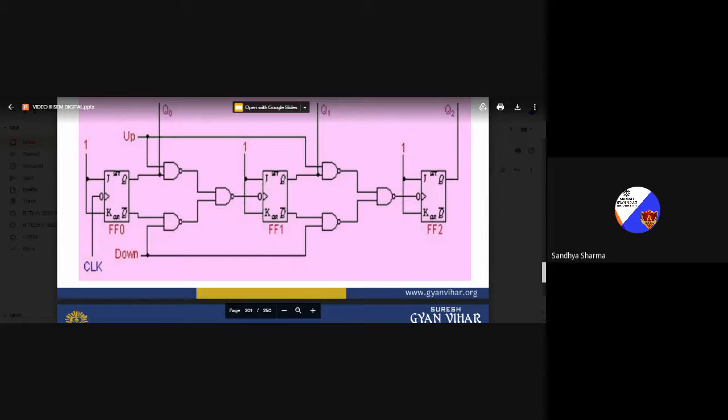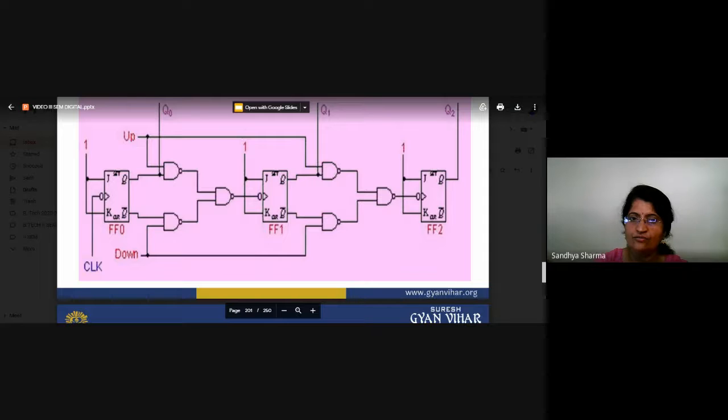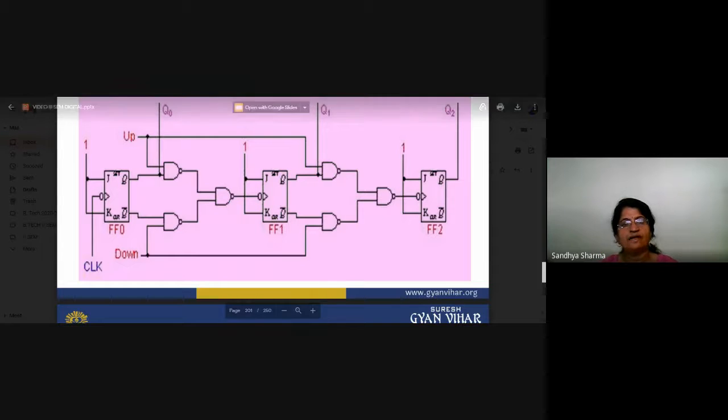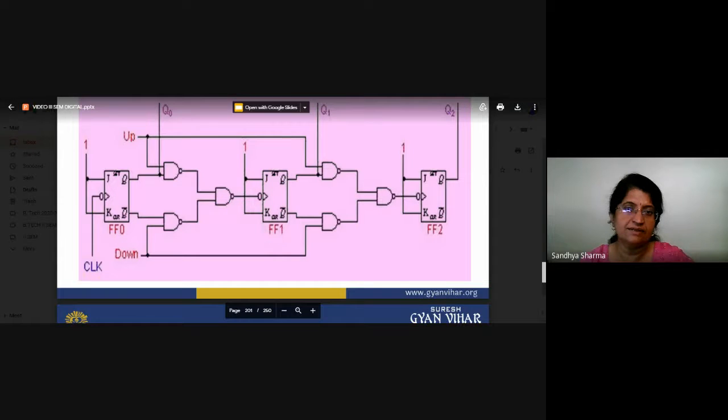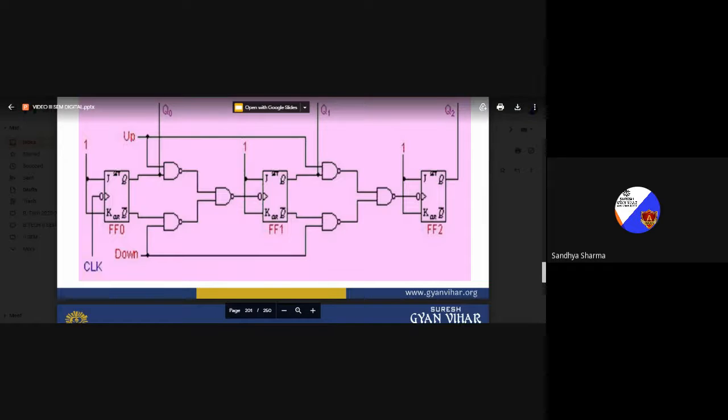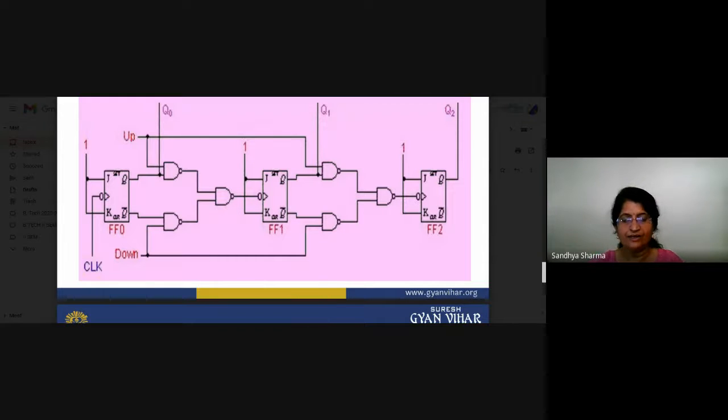One is given to both the inputs J and K. Your output is fed back to the clock signal of the next flip flop. But at the same time, you have two options: either you count upward or you count downward. According to the signals applied to up and down, we can work out these 3 flip flops. That is basically the clock signal. There is again a delay.